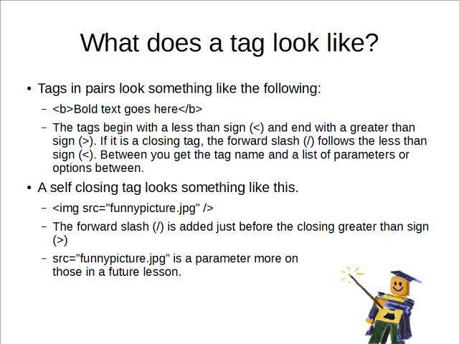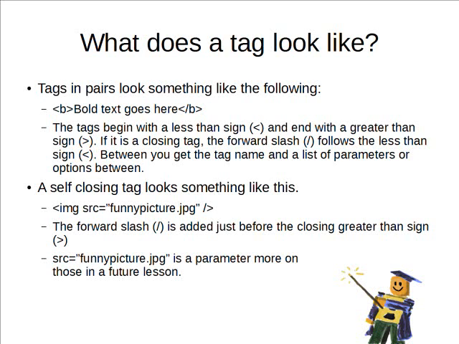So you start with a less than sign, the name of the tag, any parameter list, and then that greater than sign. And for an ending tag like that /B, the difference is you do the same thing, but you put a slash in front of the B, and that tells you that we're ending the B tag. So if you add a document with that B tag in there, then the bold text goes here would be in bold,